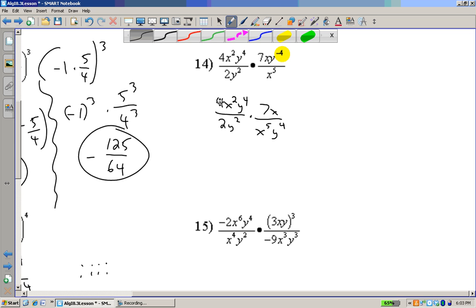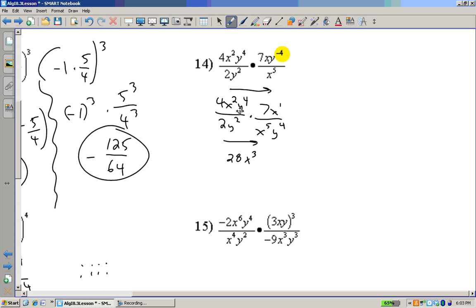Now I'm going to combine across horizontally first. You don't have to do that. You could do vertically, then horizontally. It doesn't really matter. So I'm going to combine horizontally first. So 7 times 4 is 28. X squared times x, that's 1, 2, 3 x's, x cubed, and the y to the 4th, over, let's see, 2 times 1 is going to be 2, y squared, let's see, we got the x to the 5th, 1, 2, 3, 4, 5, 6 y's,